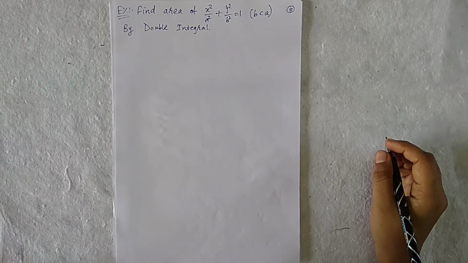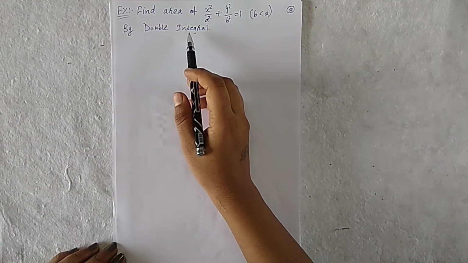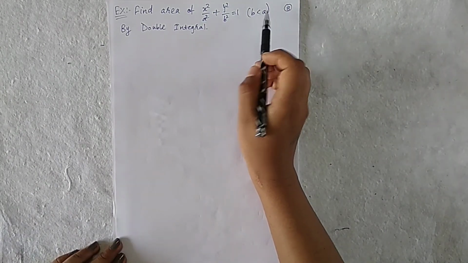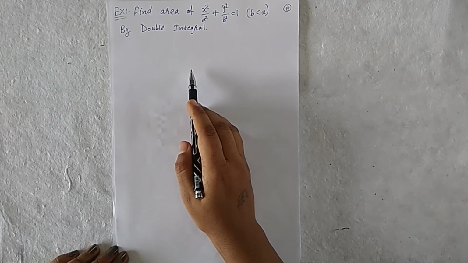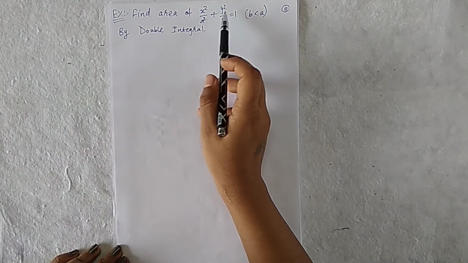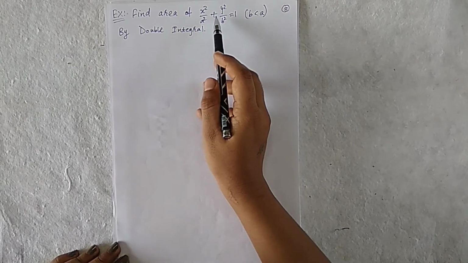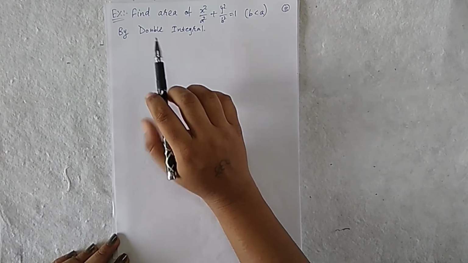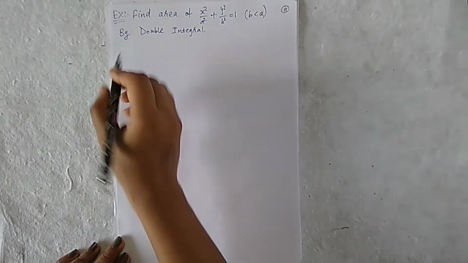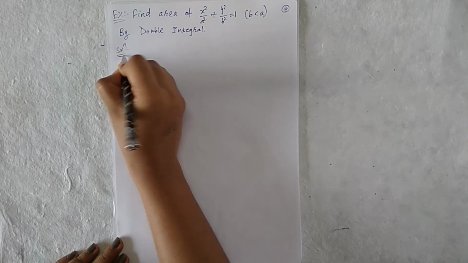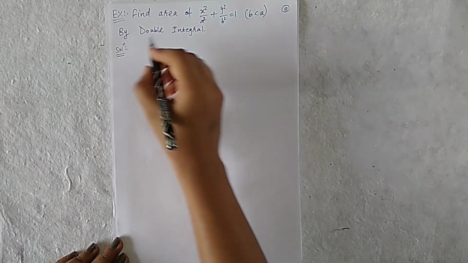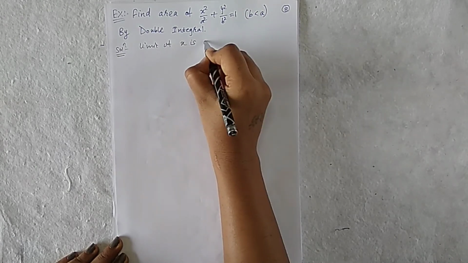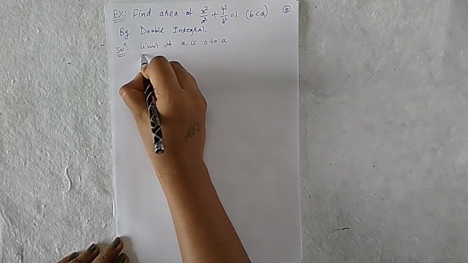Next example is find the area of x square upon a square plus y square upon b square is equal to 1, where b is strictly less than a, by double integral. So here is the equation, and this equation describes the region, an ellipse. So in short, we have to find the area of the ellipse. So for that, first we describe the limit of x. So the limit of x is 0 to a, and the limit of y is